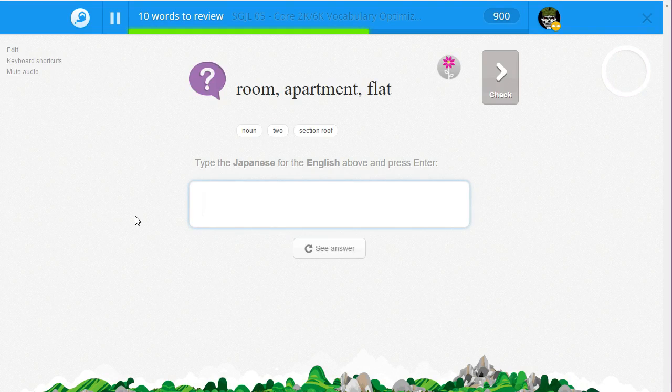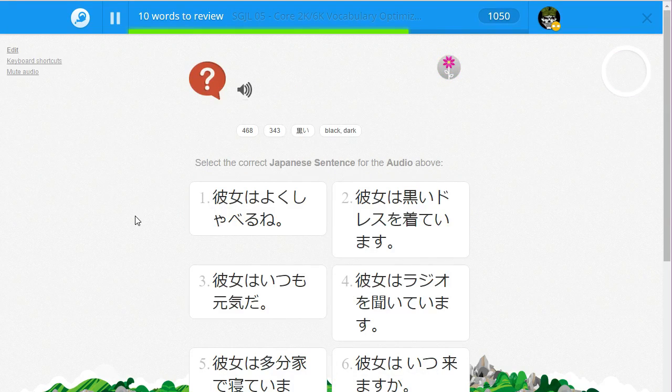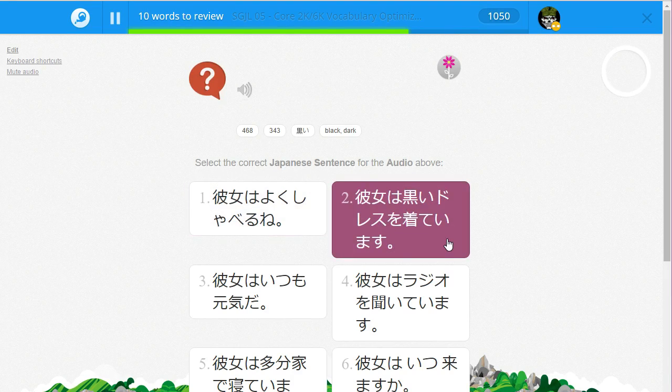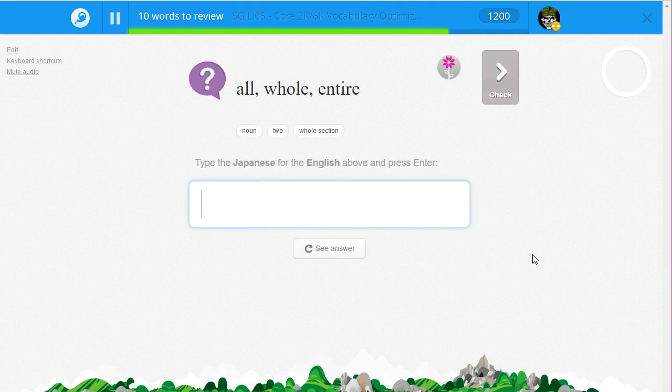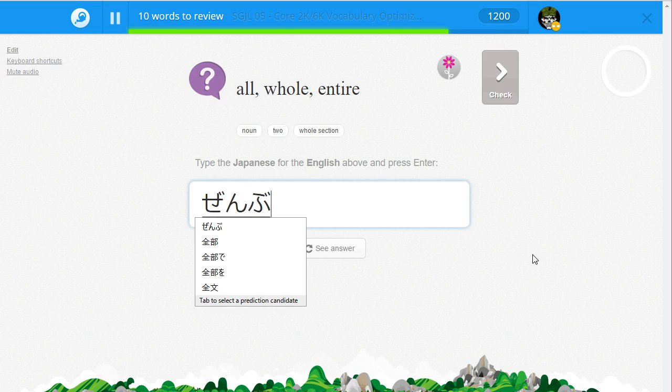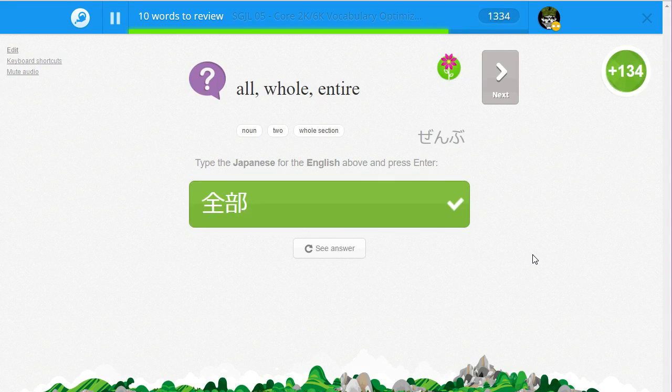受け取る。部屋。彼女は黒いドレスを着ています。着る。OK。全然。or 全部。全部。You also have zen, but that's more of a negative sense with the negative verb. But 全部。